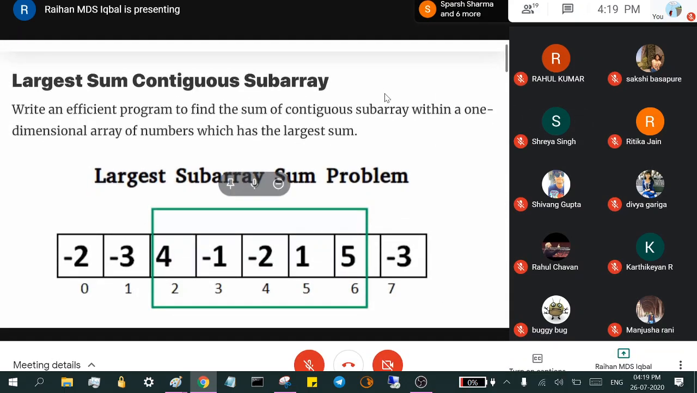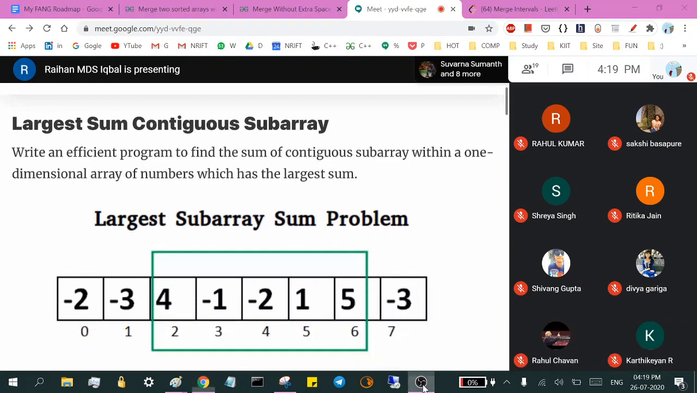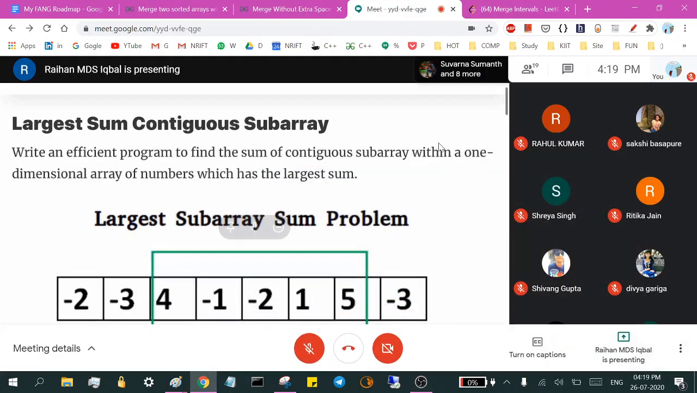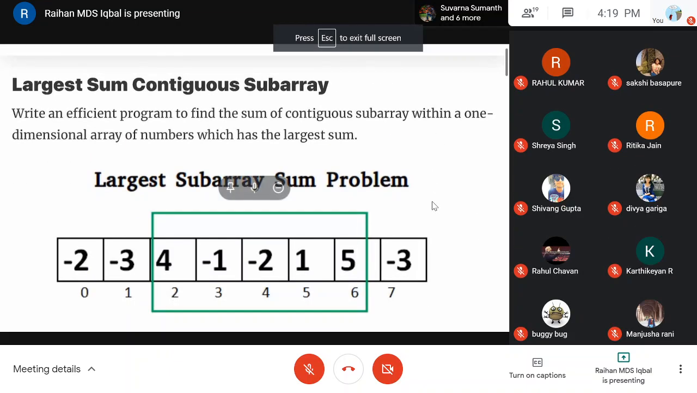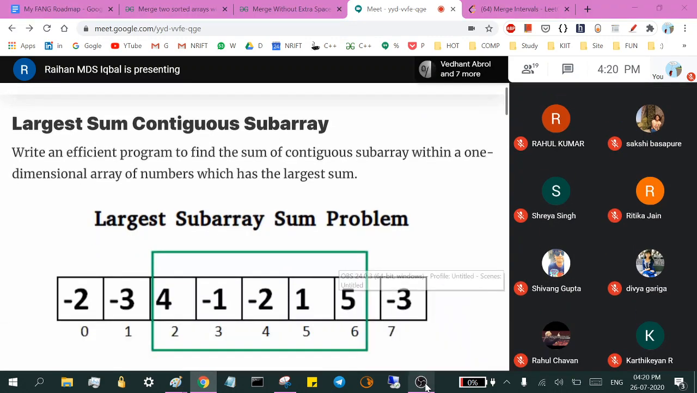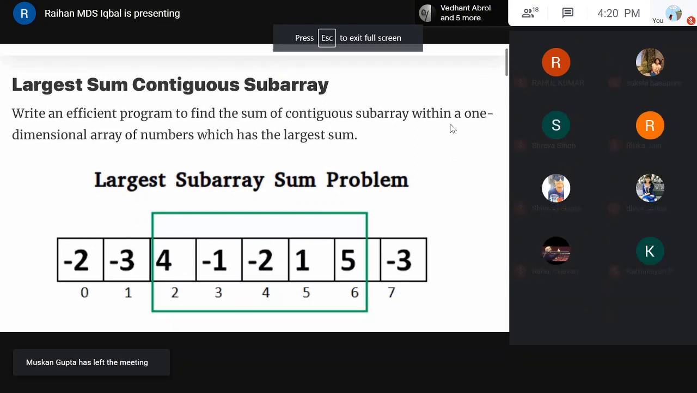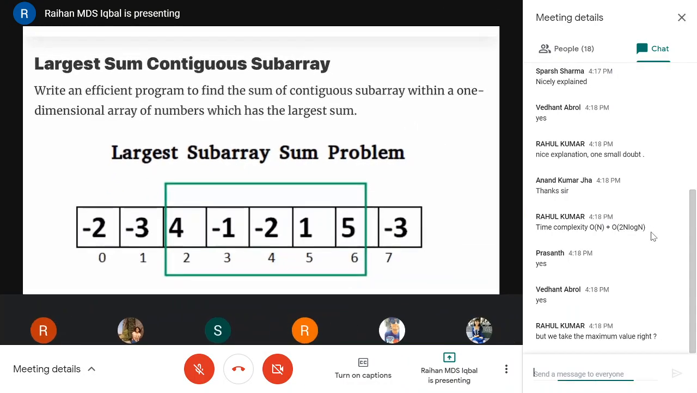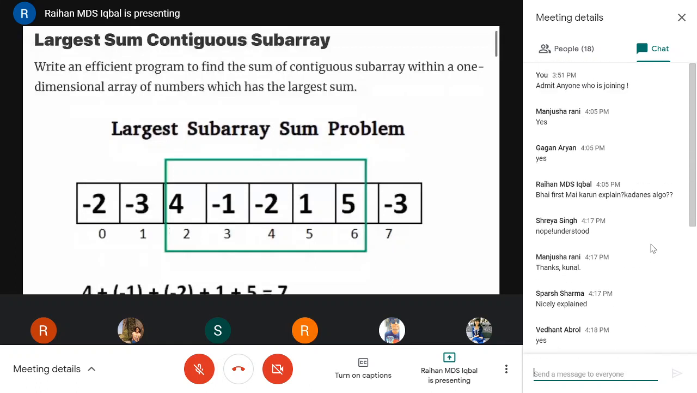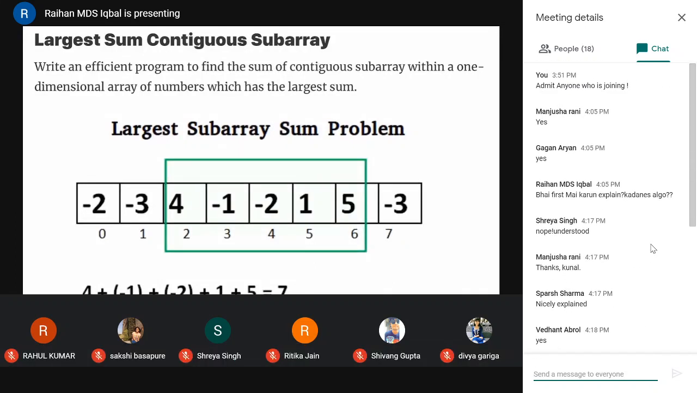A subarray is a part of an array. It should be continuous. It should not be like the first element and then the last element of the array. No, it's not going to be like that. It should contain the first element, second element, and third element continuously. So given an array with some values, we are going to find a subarray which has the